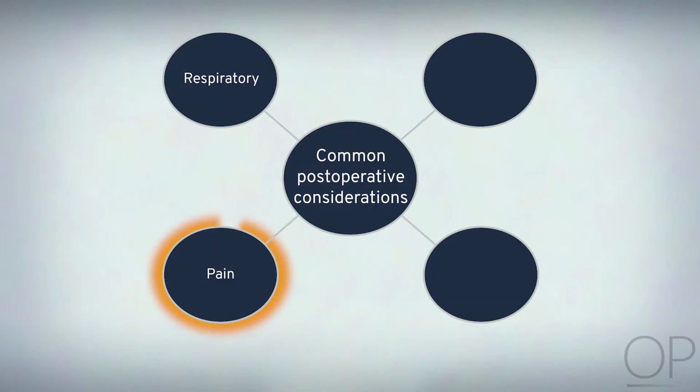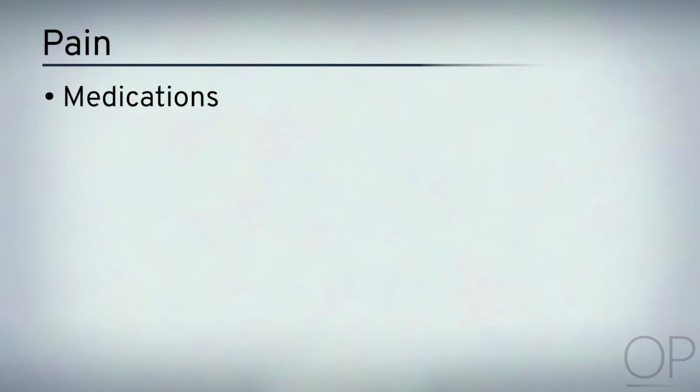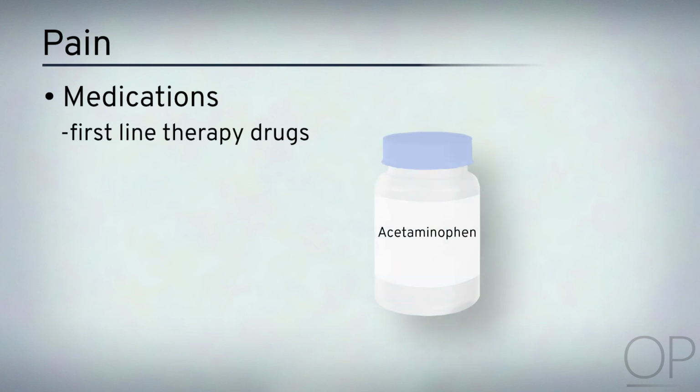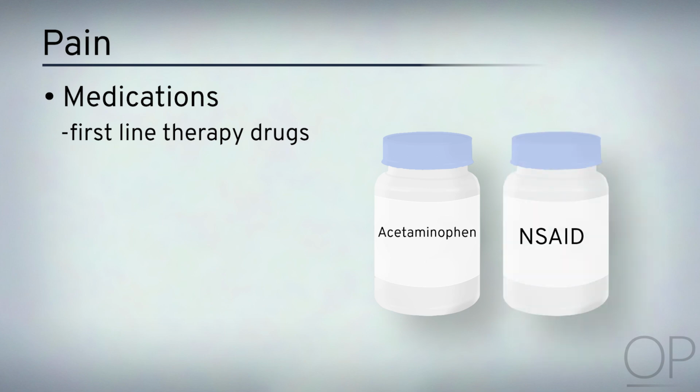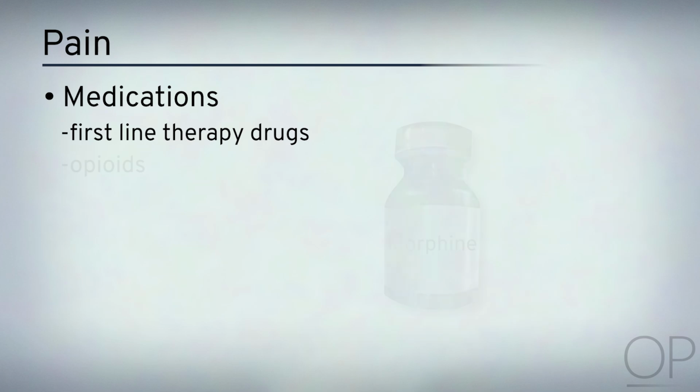Pain is common following surgery, including both pain from the surgical site as well as otalgia from referred pain from the pharynx. Pain-relieving medication should be given on a schedule, with first-line therapy being acetaminophen, often also with a non-steroidal anti-inflammatory drug, such as ibuprofen. Studies have shown that these medications are equally effective when compared with opioid medications.